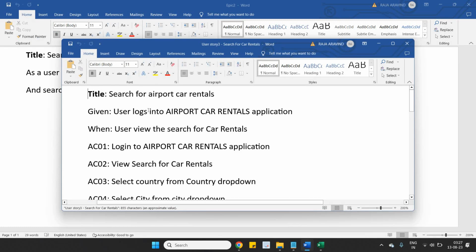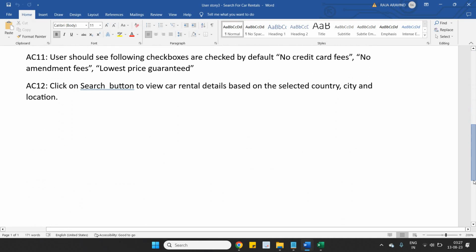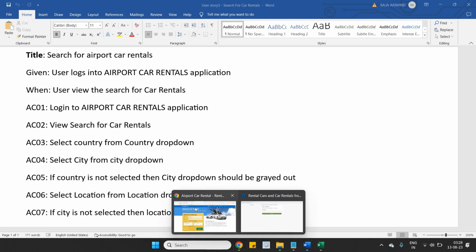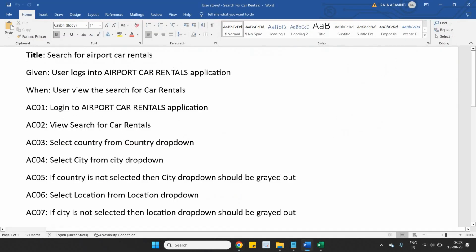So it says, title is search for airport car rentals. Given user logs into airport car rentals application, when user views the search for car rentals, he should be able to search for the car rentals. I'm sorry guys, acceptance criteria 1 is log into airport car rentals application,